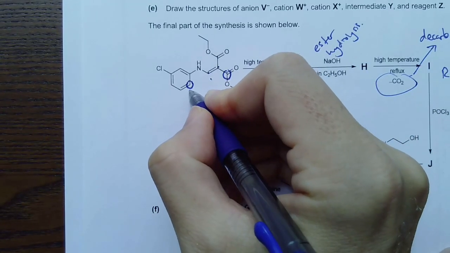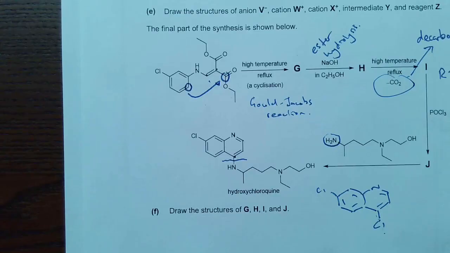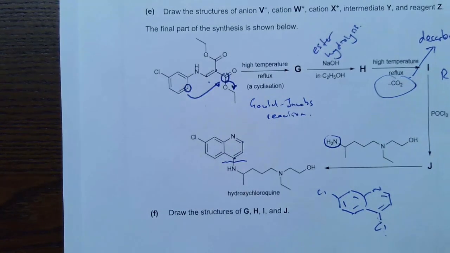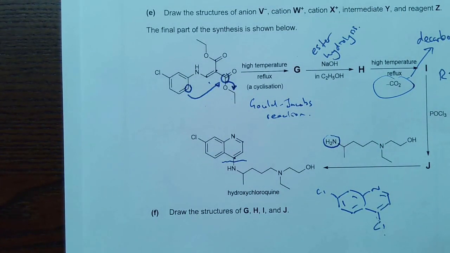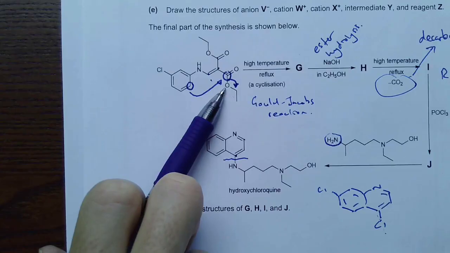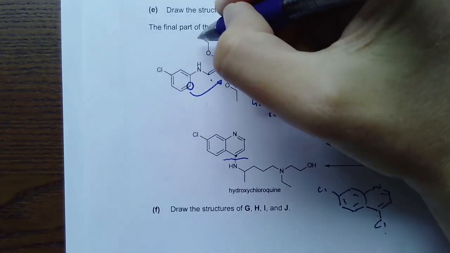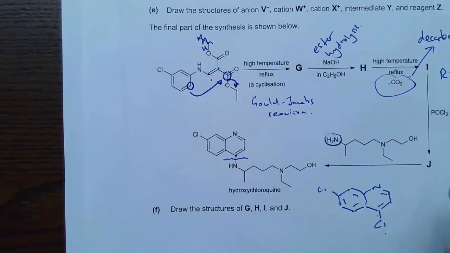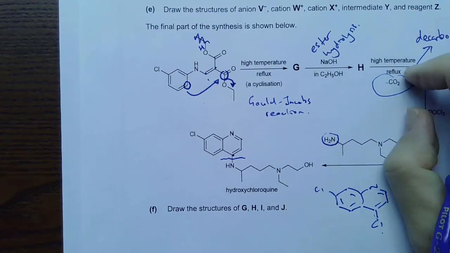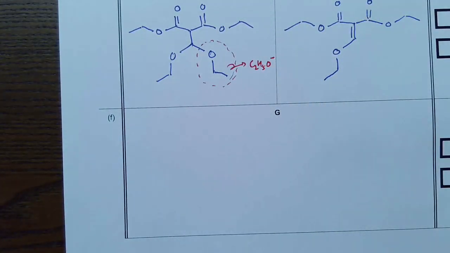So let's do that. Let's bond from here over to here. Now, what that's going to do is it's going to break the ester off. Okay. Which is going to be quite nice because then what's going to happen is if the ring formation gets rid of this ester, then this step will get rid of this ester, change that down to the carboxylic acid, and then the decarboxylation will take care of that completely. Okay, so let's try and write down what G is. So G is going to be